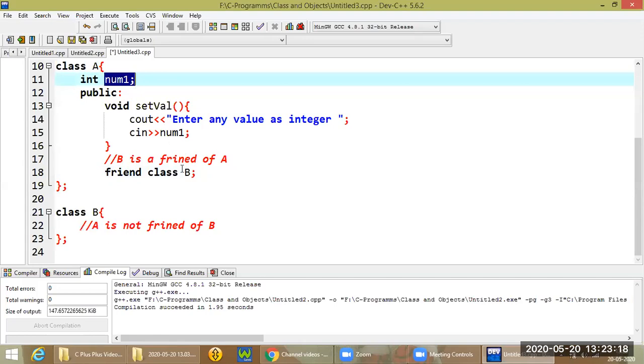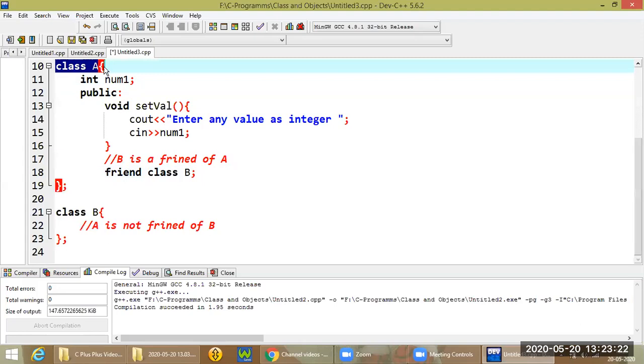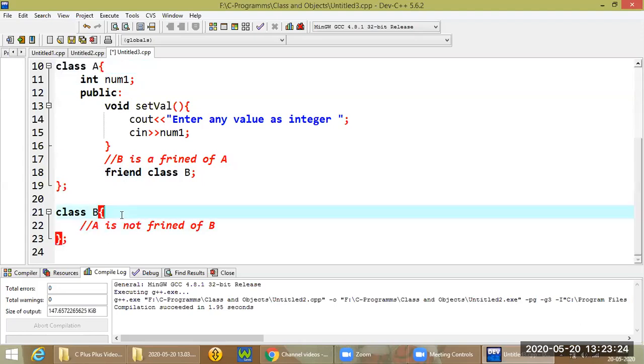Any member function of B can now access num1, but member functions of class A cannot access any private data class B has.